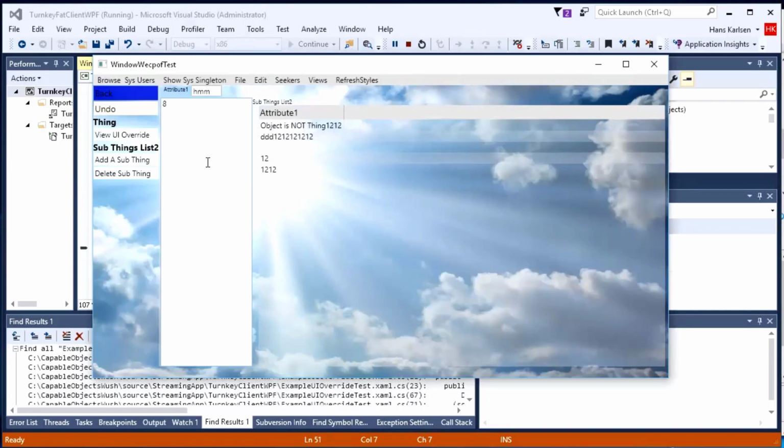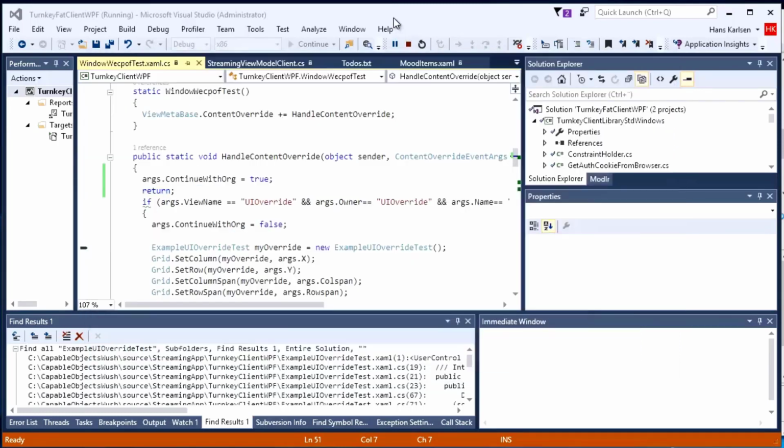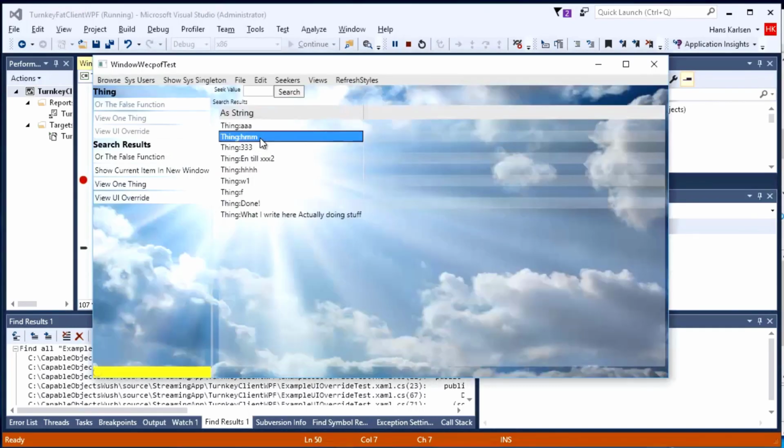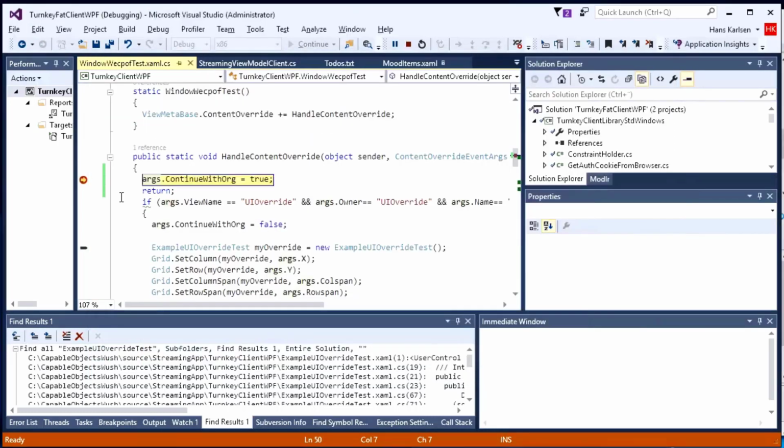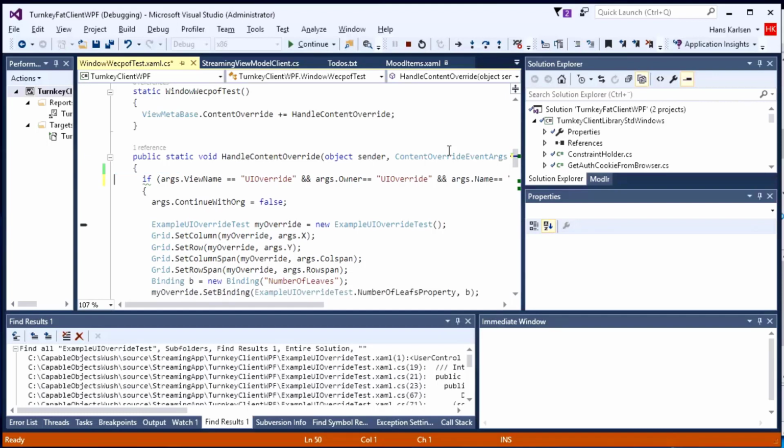I implement the method, and if I haven't done anything, it will just show the standard edit box. But if I remove this I have prepared, it will do something else instead. When it hits the UI override column,